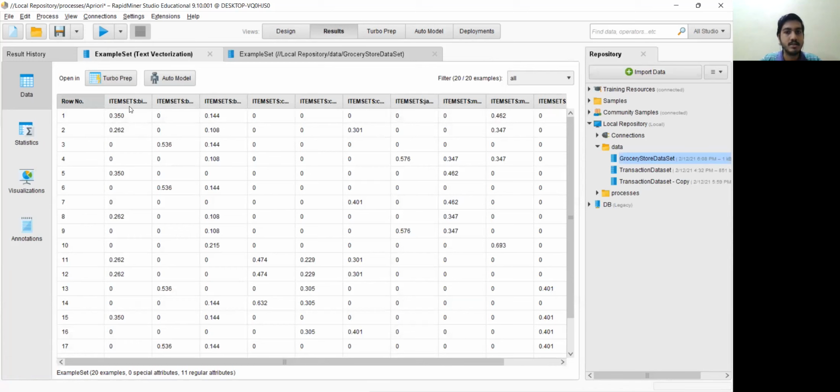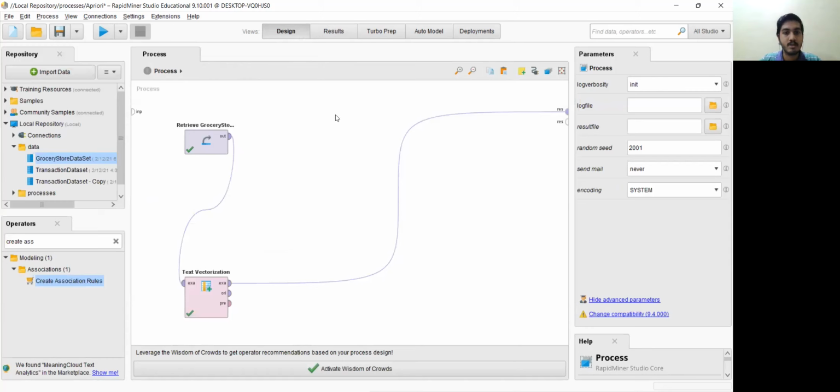So this is the output that we obtain after we vectorize the text. This just shows the probability of the value of each word present per column. We have the biscuit, milk, etc. So we don't actually need the probability over here.